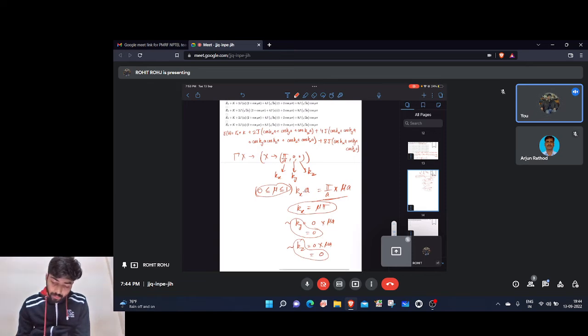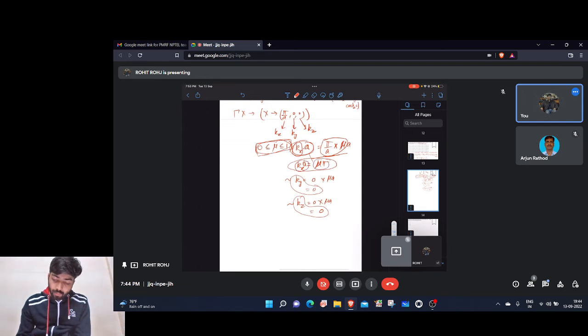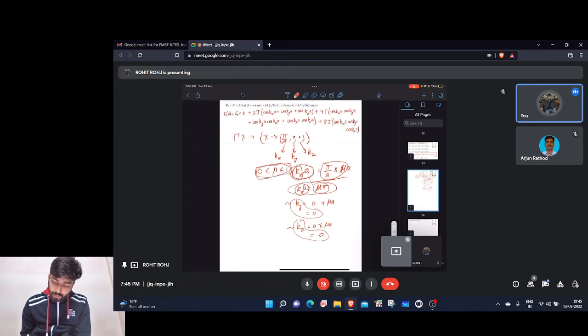Now since this information transforms this into fractional coordinates, kx times a in some sense becomes pi by a times mu a. Okay, the whole kx times a, in fact I should write, becomes mu pi, because kx is this part. So if you plug in kxa as mu pi and ky, kz as 0 and 0 in the above relations, what we find is as follows: